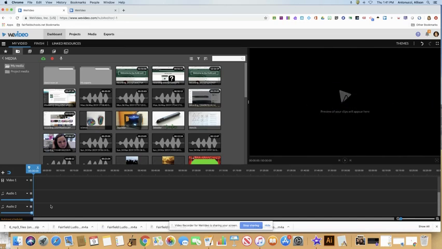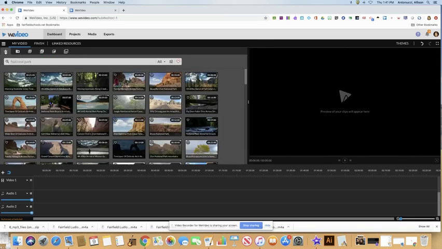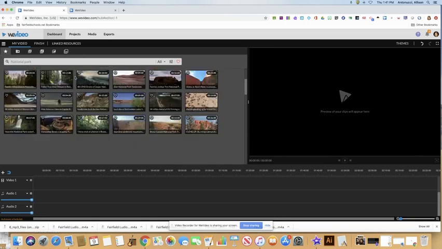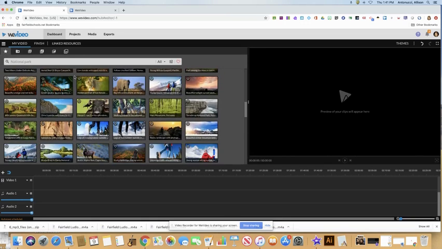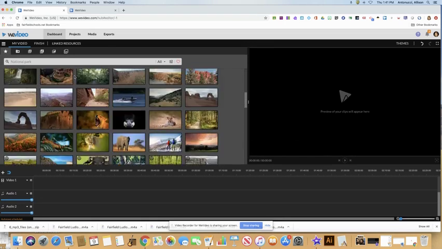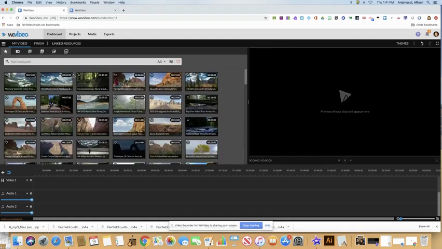Now that you have added those 2 tracks, we are going to start to incorporate media into your project. By doing that, I'll show you all the different components of WeVideo. The first being the Essentials library. The Essentials library is a wonderful place to start when it comes to building your video. The Essentials library has thousands upon thousands of professionally made videos, images, and music that you can incorporate into your